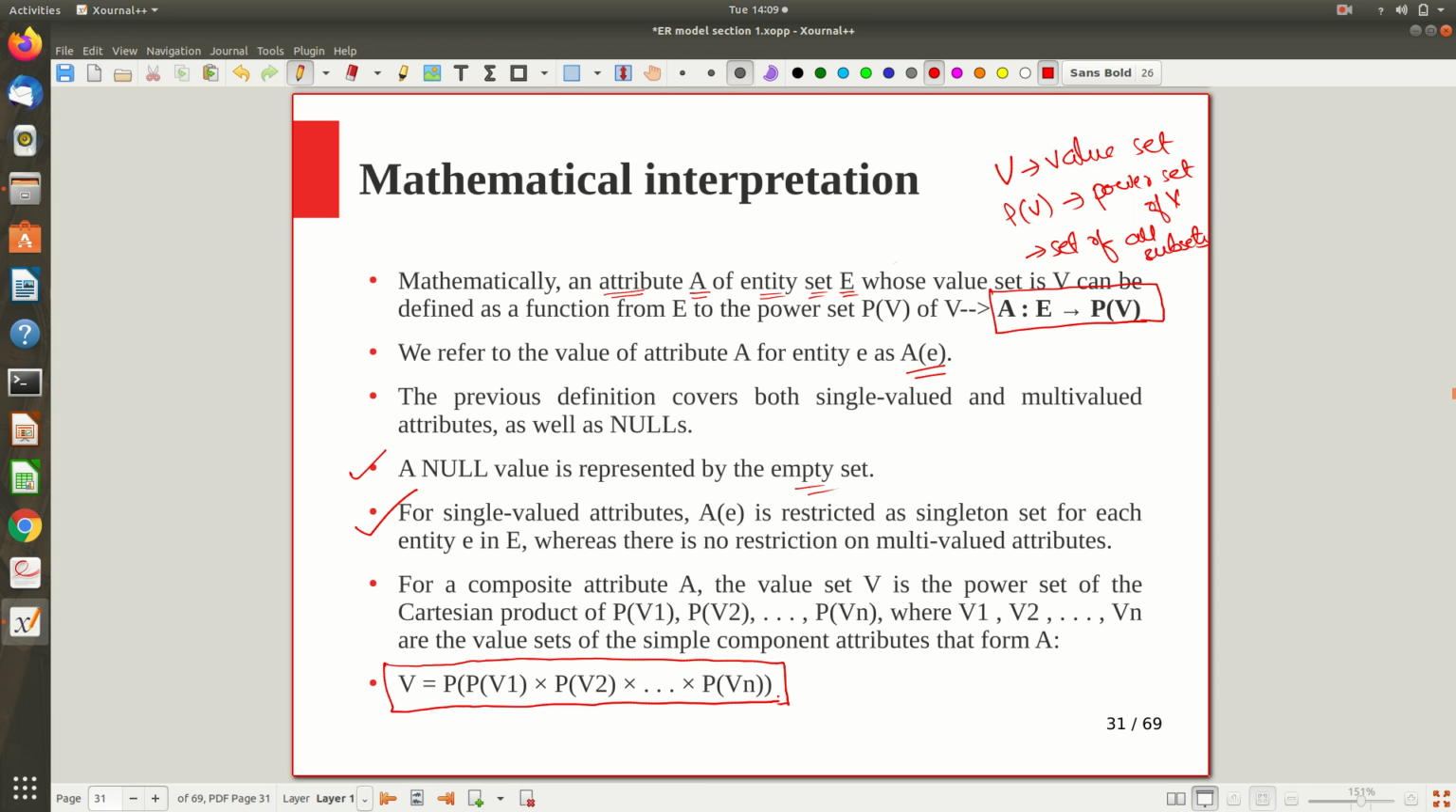So that together makes the value set for a composite attribute. That is what we are trying to say, where v1, v2, v3, etc., vn are the value sets of the subparts of the given attribute. Like, we divided it into n subparts, and each subpart has a value set like v1, v2, v3. Take their power sets and Cartesian product, and take the power set of that, which will give you the value set